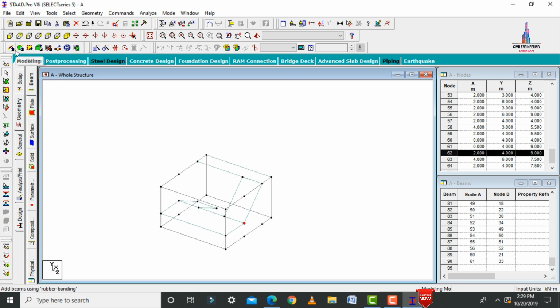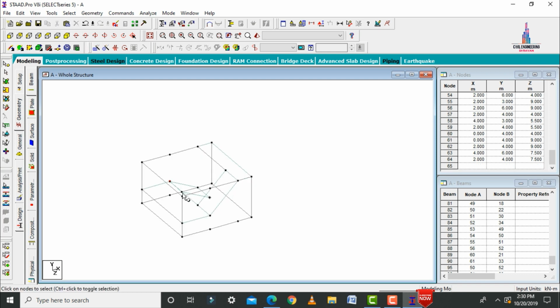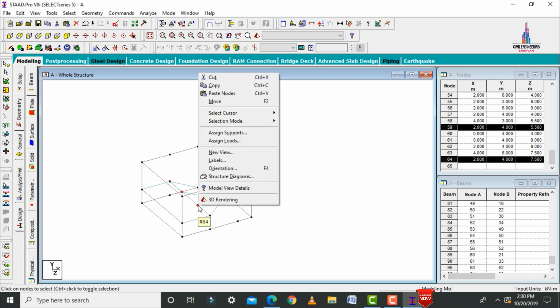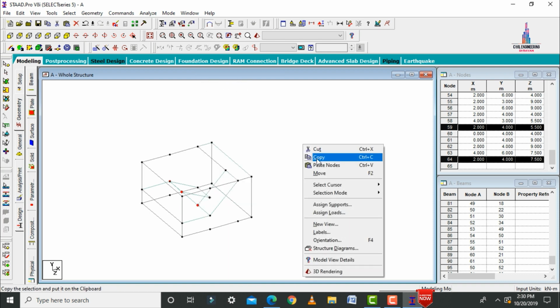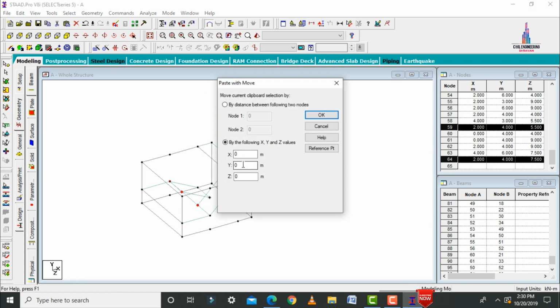Now we have to connect the cantilever beam. Select the first point, select the second point. Now we have to select these respective position points. Now we have to select this point like this. After that, we have to draw the columns for these respective positions. For that, initially we need to select these 2 node points here. Click on the copy option, click on paste nodes at a distance of -1 here in the downward direction.